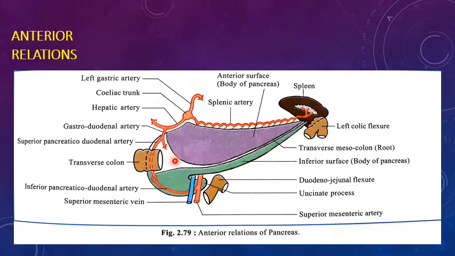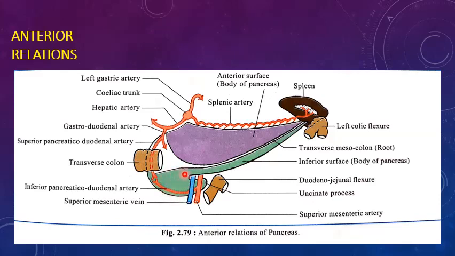Right. Then the relations, coming to the relations, this upper portion of the head is non-peritoneal and it is related with the transverse colon. So this white area what you are seeing is all the non-peritoneal area in the upper part of the head, and that part is related to transverse colon, right? And then lower part, this green area is nothing but the lower part, and this is covered with peritoneum.